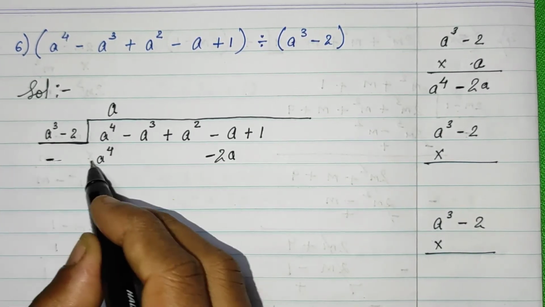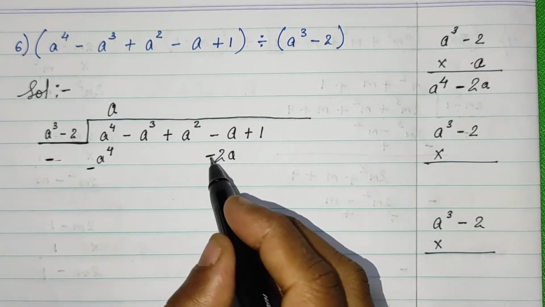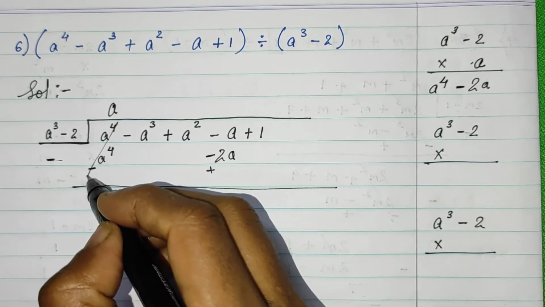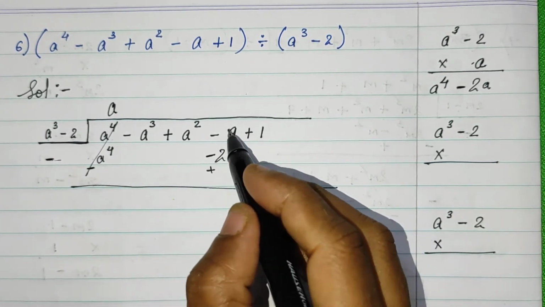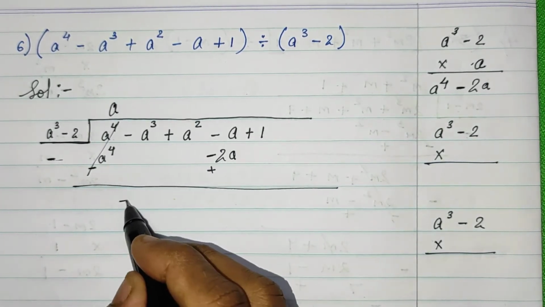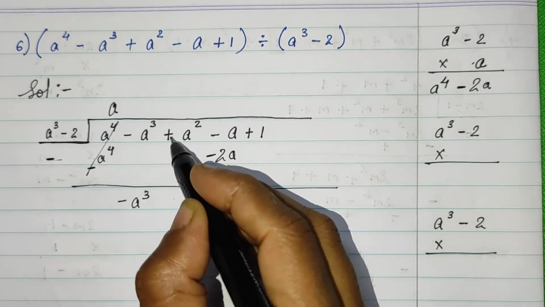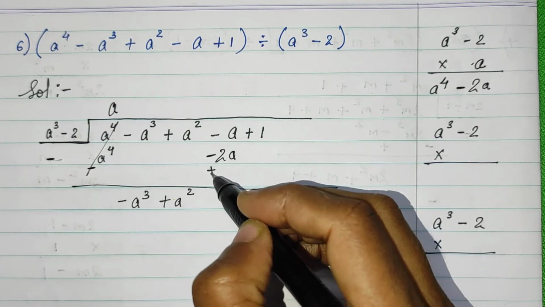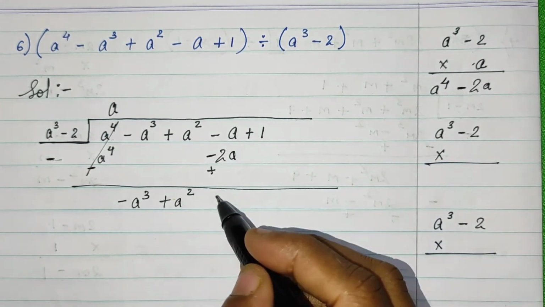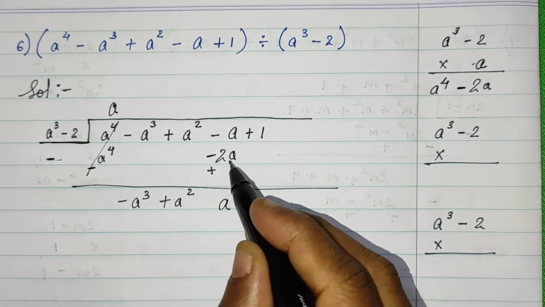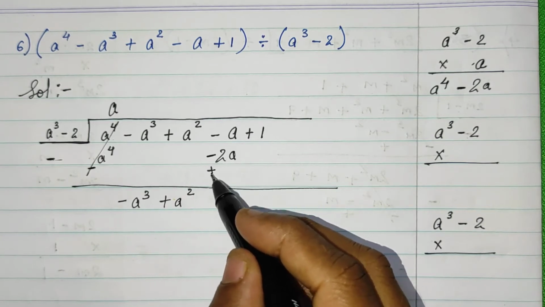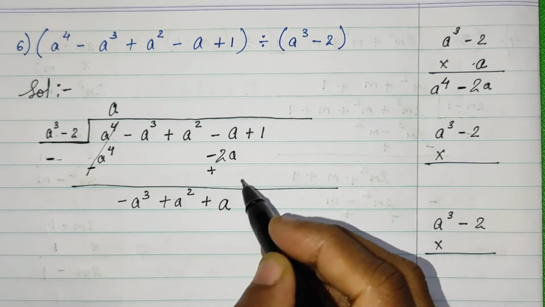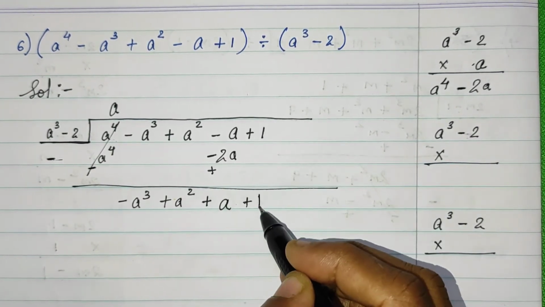Then this minus into plus minus, minus into minus plus. So this becomes 0 and here it will be as it is, we will copy down. This also we will as it is copy down. Here minus plus minus, 2 minus 1, 1. So a, but now 2a had become positive. So it is greater number sign, positive, and then plus 1.